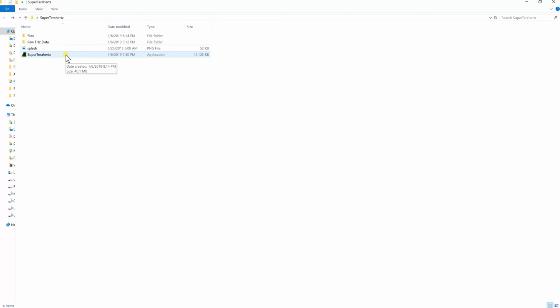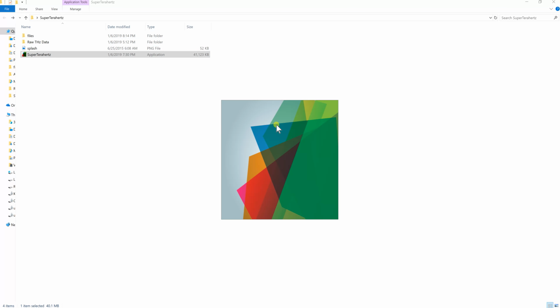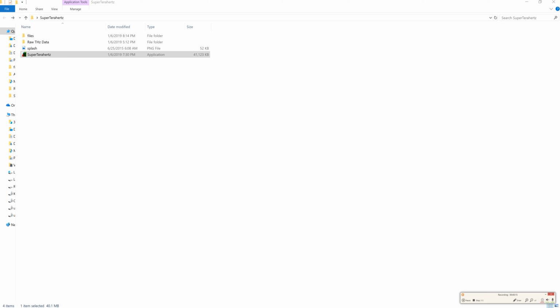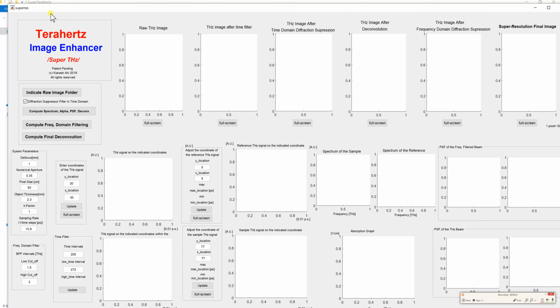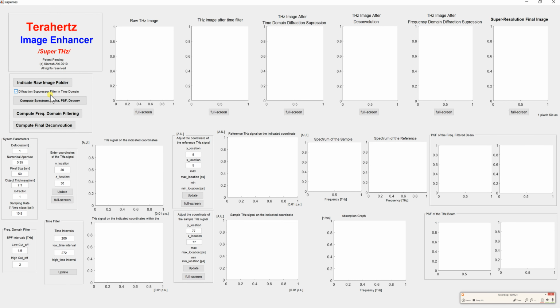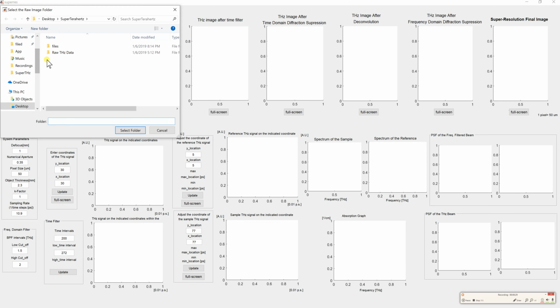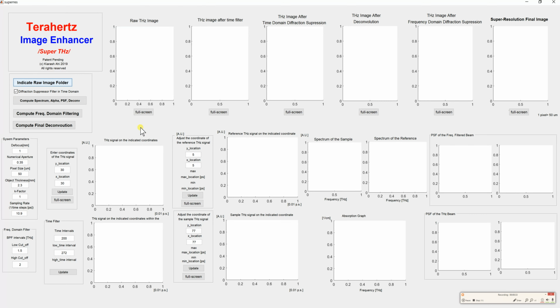In this video, we are going to introduce you to Super Terahertz Image Enhancer. You click on the executable icon and the software runs. Now you indicate the folder that you've saved the raw terahertz data. You open it,